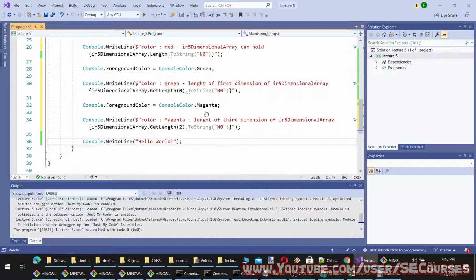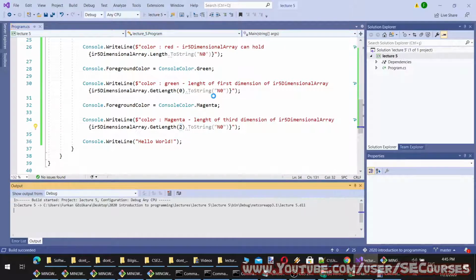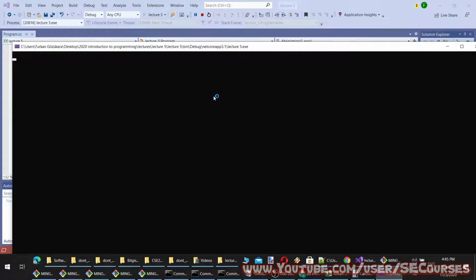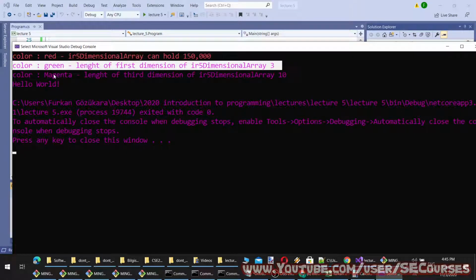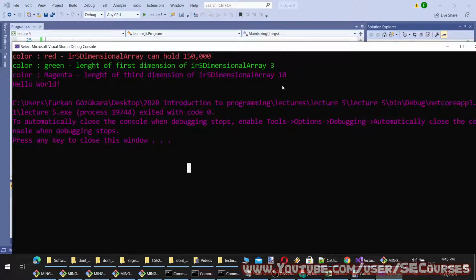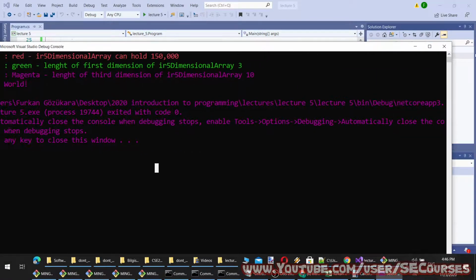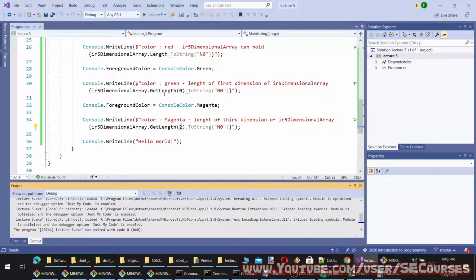You see, I am every time using index-based numbering. So 0 is the first, and 2 is the third, actually. Okay, you see color red, color green, and the rest is magenta. So you can also colorize the console like this.